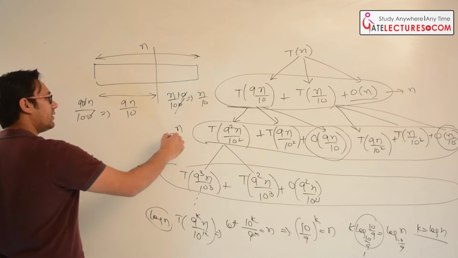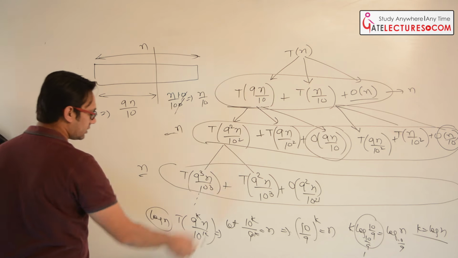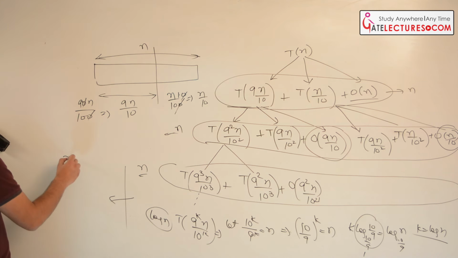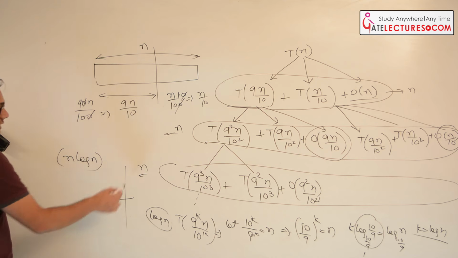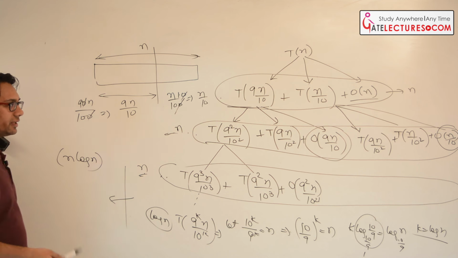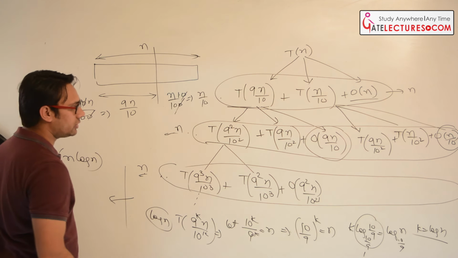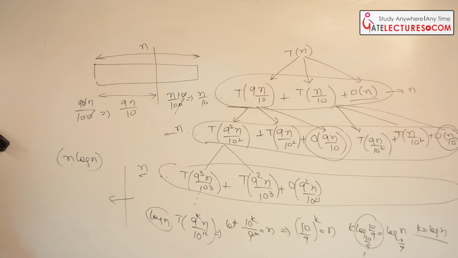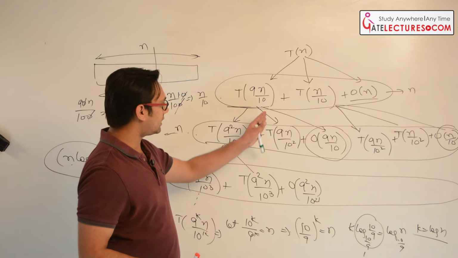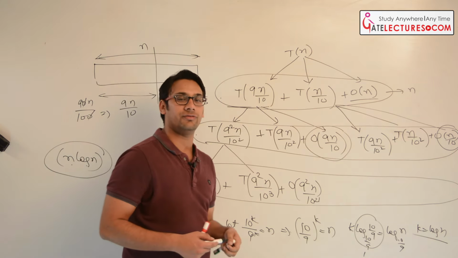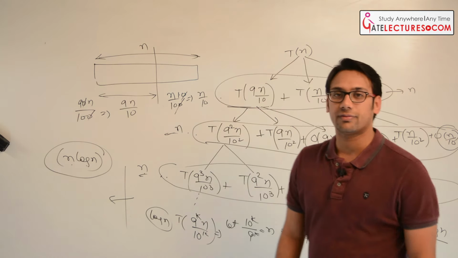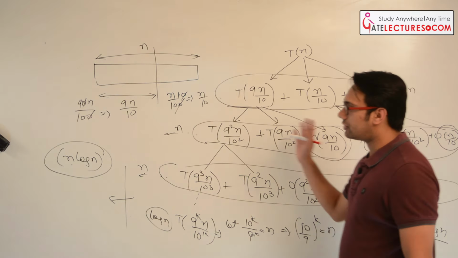So in every level we are doing order of n effort and there will be log n levels in total, hence the total time taken will be order of n log n. That means you can say easily that if we are doing quick sort with 90% data items in one half and 10% in the second half, then also we are going to take this much time.